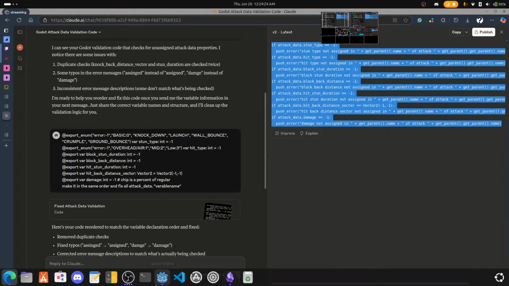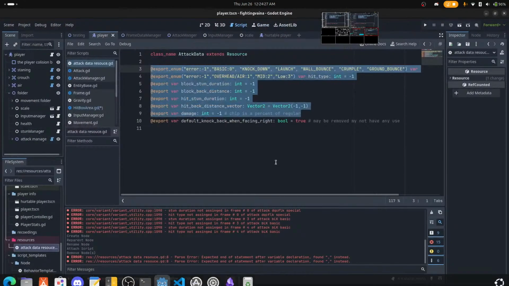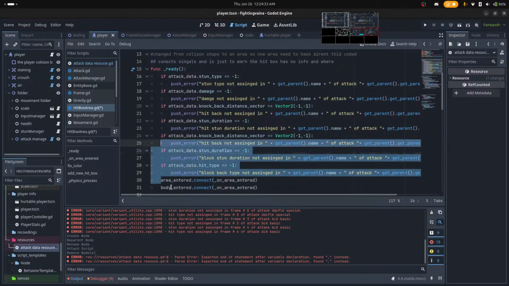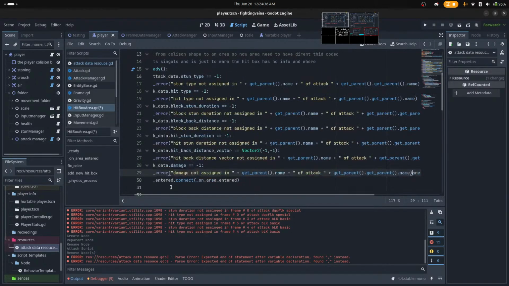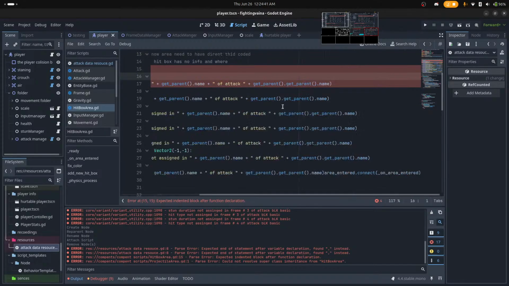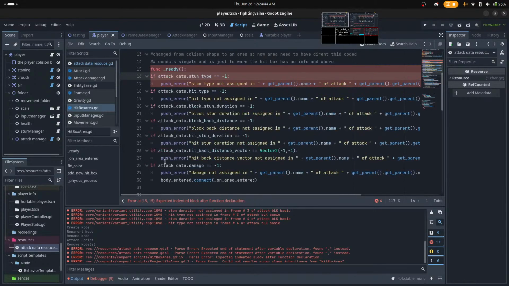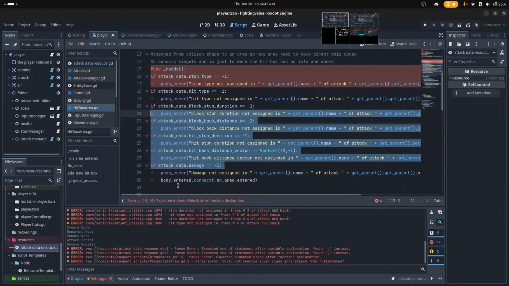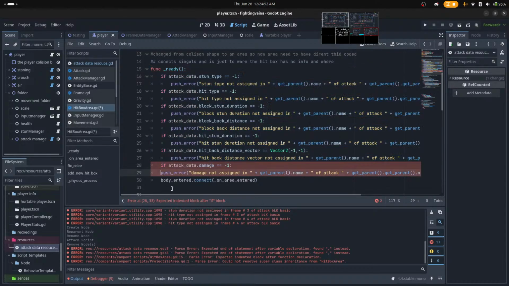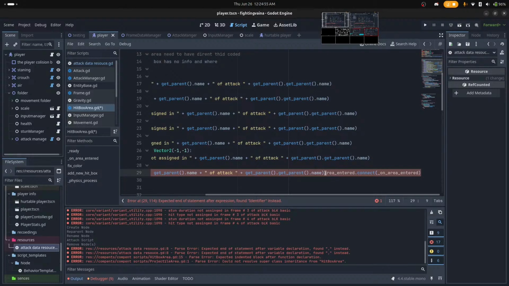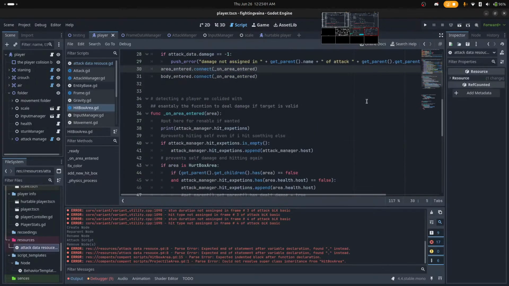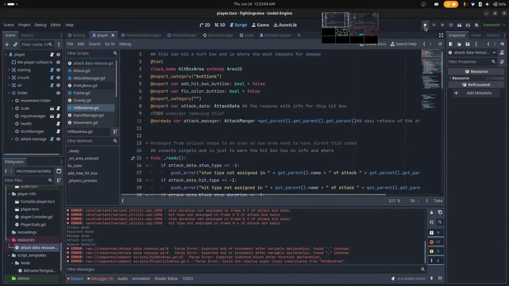Alright, control A, C. I don't want to go through the filtering of that, and this is messy. Okay. All of those need to be indented, of course, that's just wonderful. Indent, indent, to there. Fix that. Alright, that should be fine.